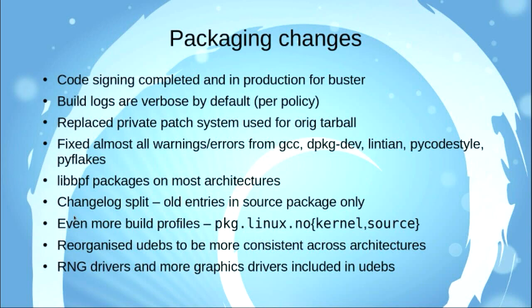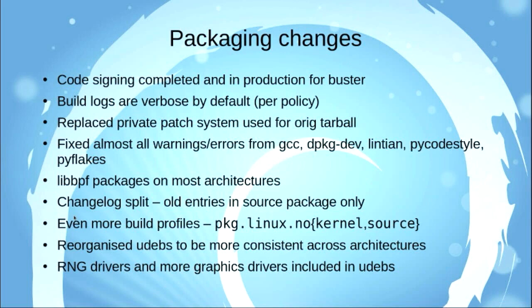We finally got rid of our private patch system. That was mostly removed in around Linux 3.1 in favour of using Quilt and a version 3.0 Quilt source package. We still used the private patch system to remove non-free files that shouldn't be included in the original tarball. We've now switched over to using the Files-Excluded field in debian/copyright, which uscan understands. And we also use that field when generating tarballs from Git.